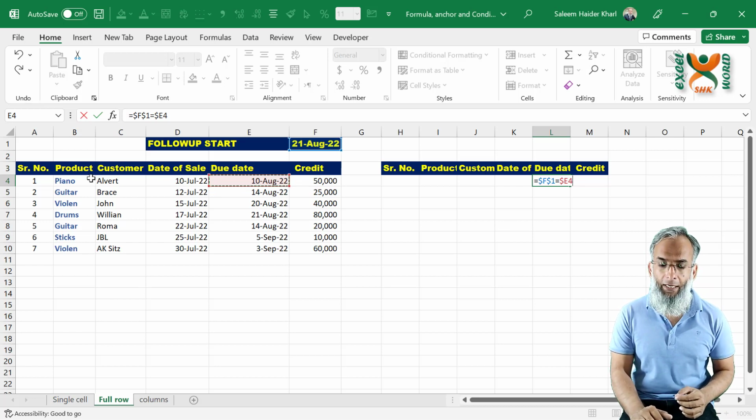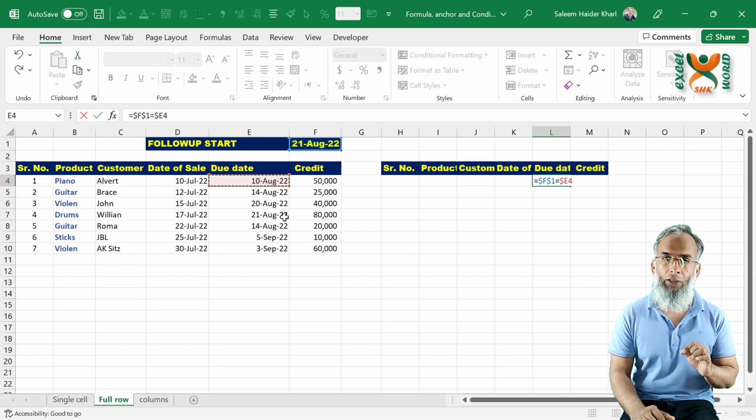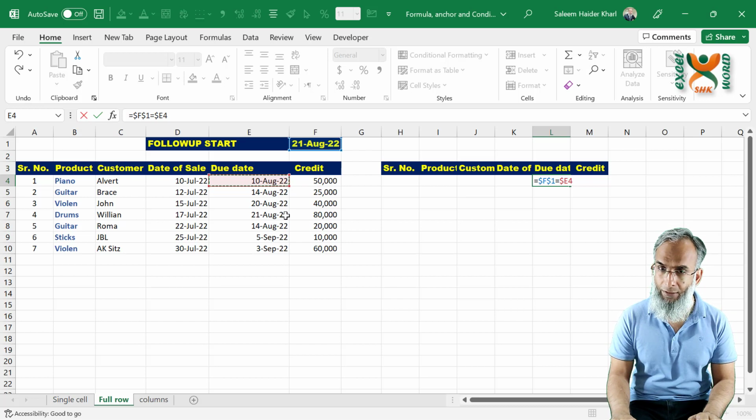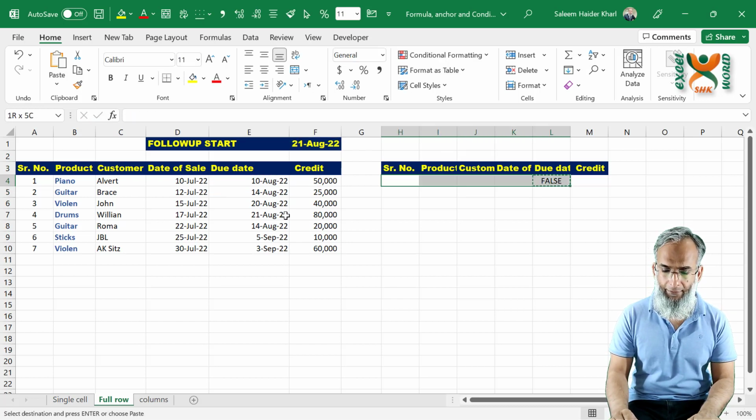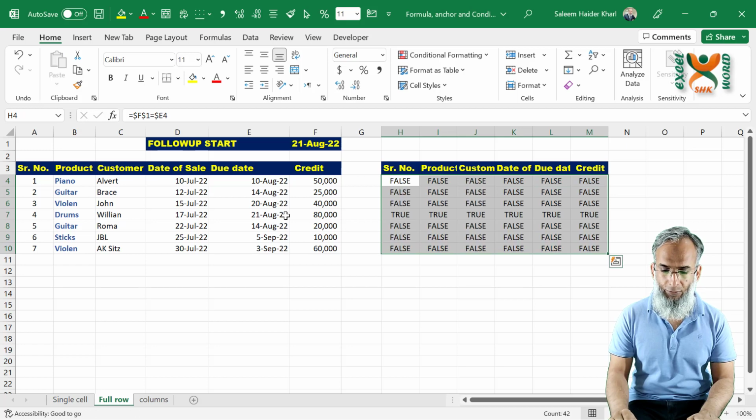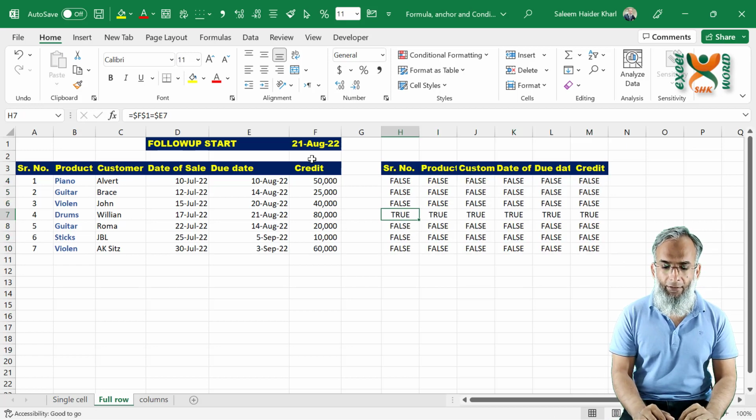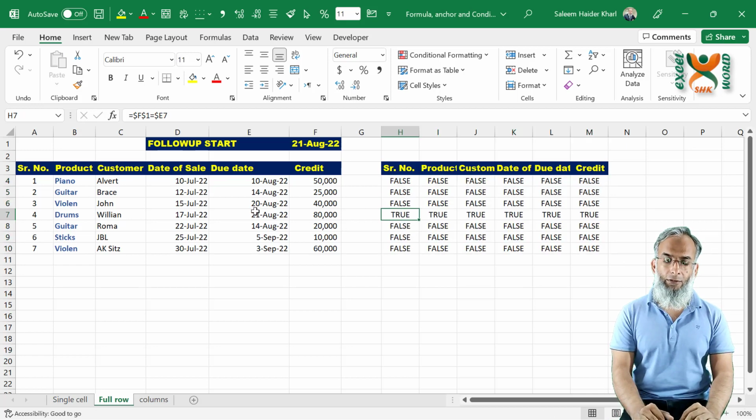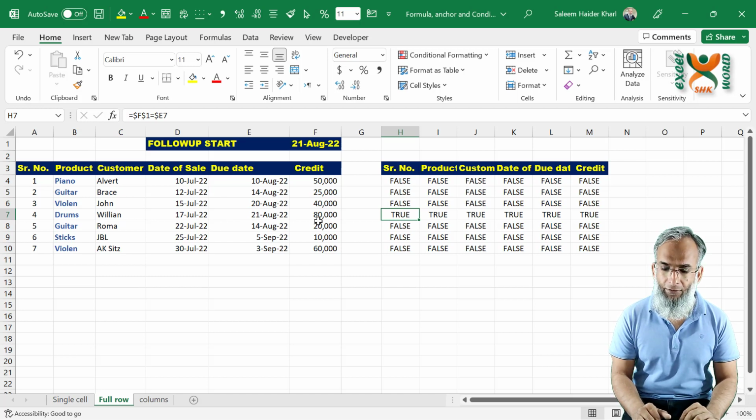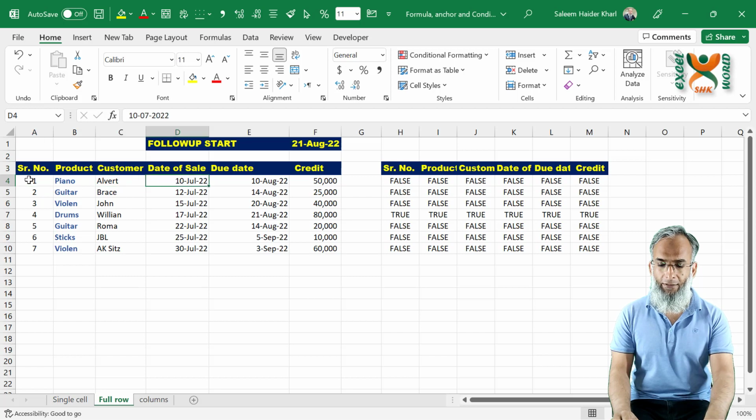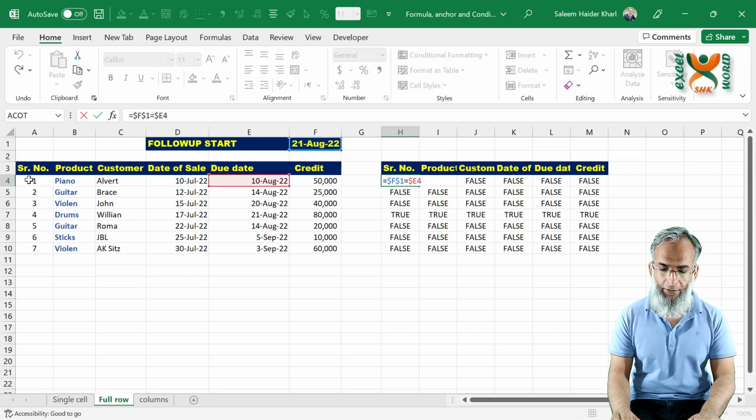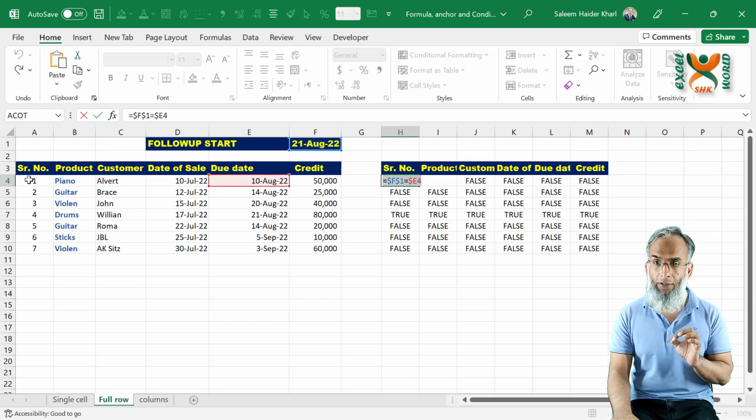So the complete line will be highlighted based on whether the criteria has been met in column E or not. So this is our formula. We can just copy it. So here you can see that the complete row for 21st August returns a true result. So here our formula is accurate. We can just copy the first one